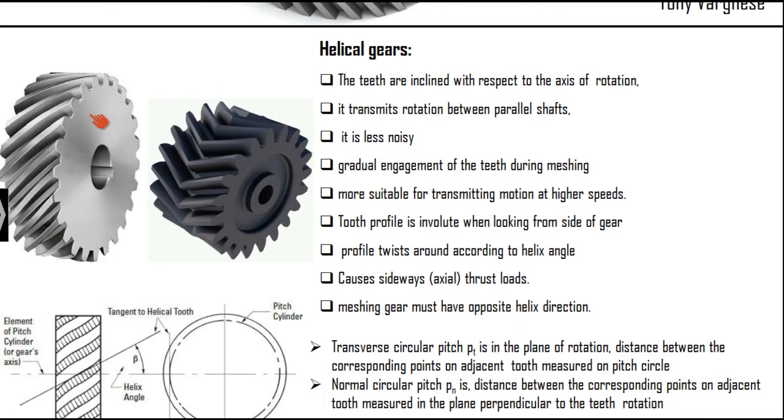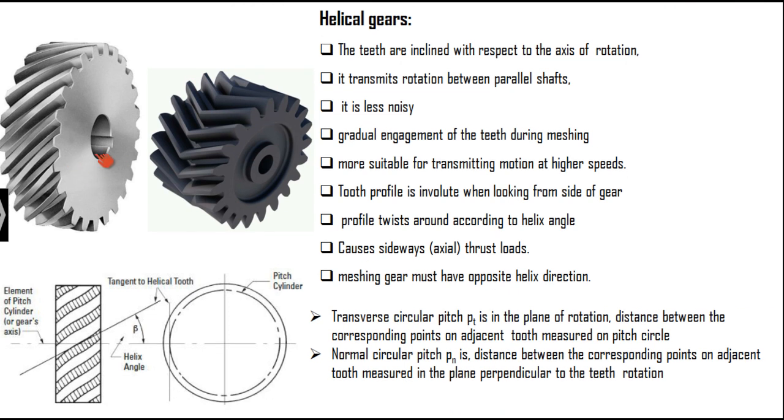angle. In normal gears, the teeth are straight, but in helical gears, the teeth are inclined. It can be straight also, but at some particular angle. If the teeth are arranged in a spiral manner, that is called a spiral type helical gear. Some of the features of the helical gear are that they are usually used for the transmission of power between parallel shafts. They can also transmit power between non-intersecting shafts, but usually it is adopted for parallel